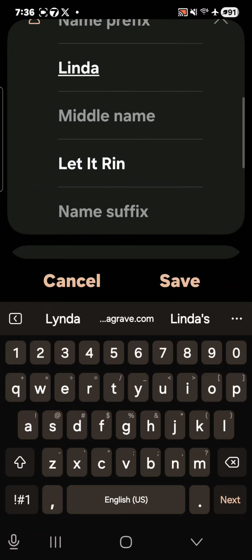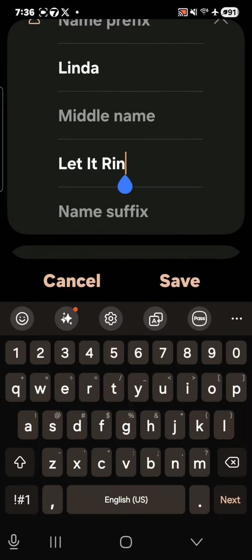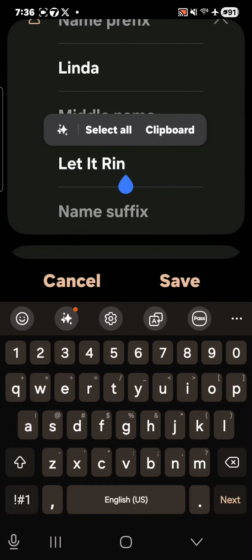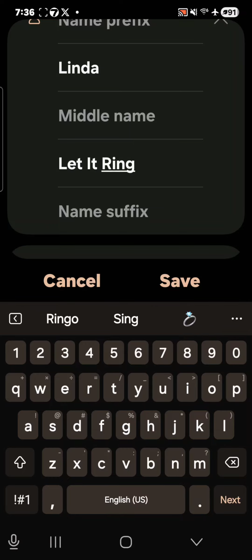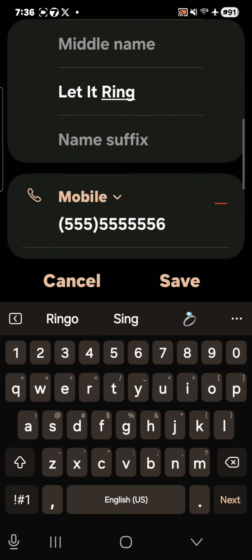Now, here's where my problem is. I didn't add the G for ring, so I just tap on that, okay, and it basically shows where the cursor is, and I'm just going to add the G. So that's all I did. So now I know that the name is right,